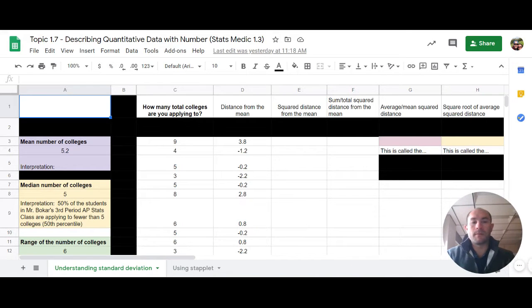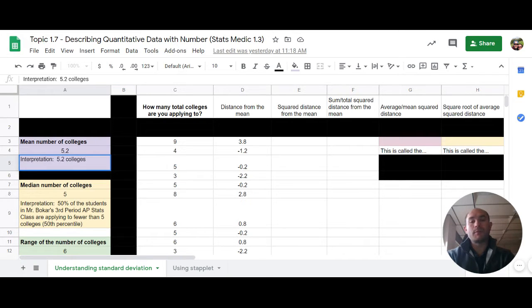Let's put this over here. We talked about, we have our data on our colleges that we're applying to. The mean number of colleges is 5.2. There is a video in your assignment that I encourage you to watch about what the mean actually is, the meaning of the mean, I guess I would say, the interpretation of the mean. So what we would say here is that